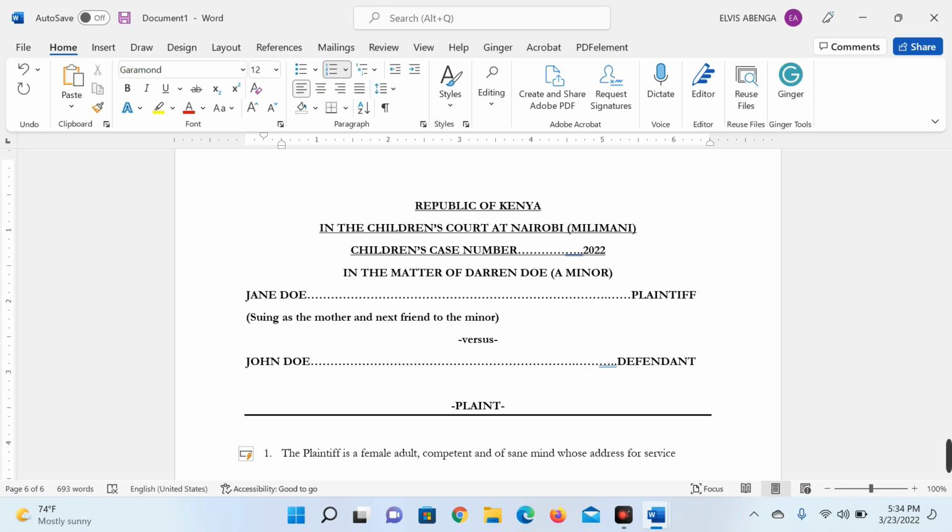So say the plaintiff is a female adult, competent and of sane mind, whose address for service is care of PO Box, postal address, maybe 123456 Nairobi,